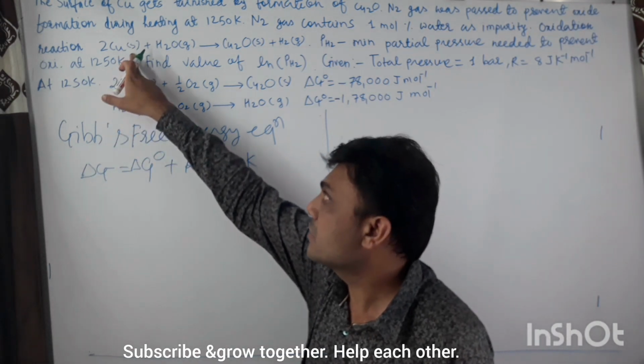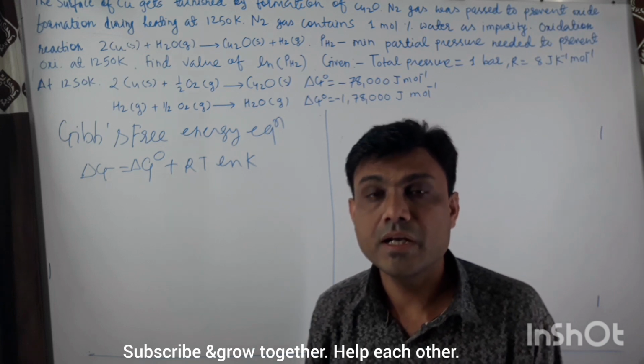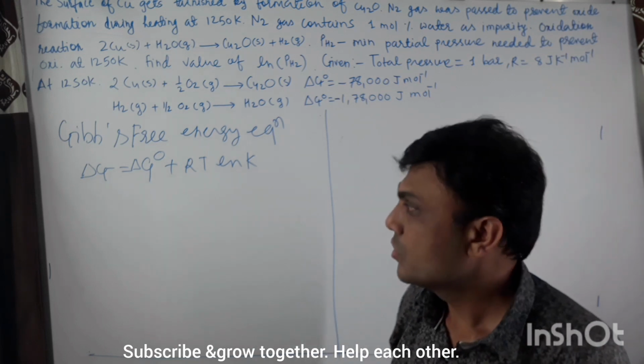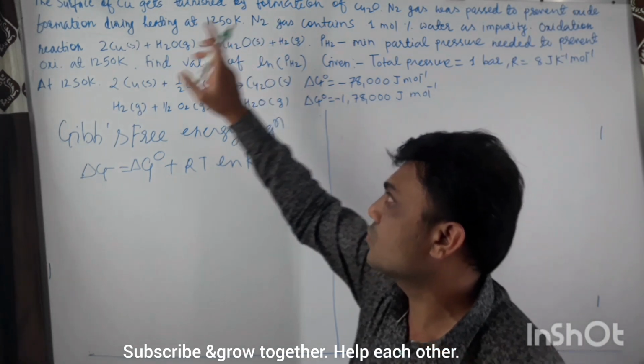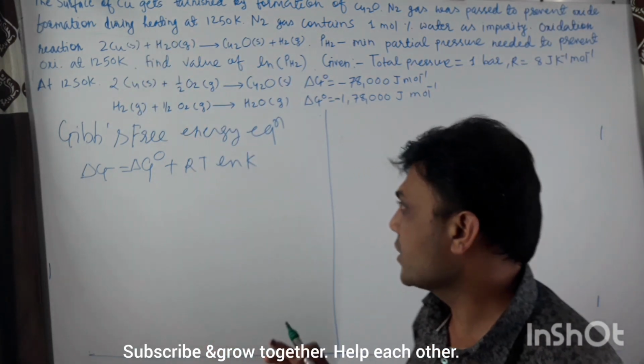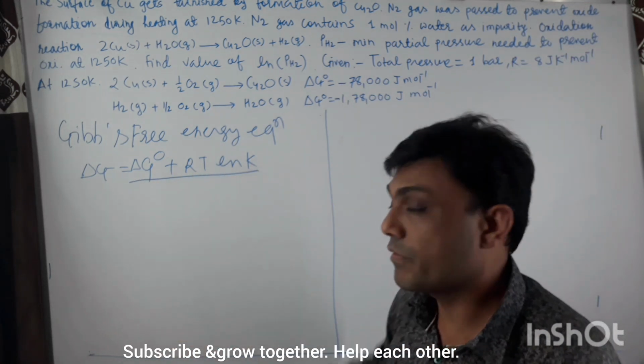Here it is solid, here also Cu2O is solid, and solids don't exert pressure. So that means ln K will be in terms of gas, in terms of H2 and in terms of H2O. Clear? Now this reaction with this equation,